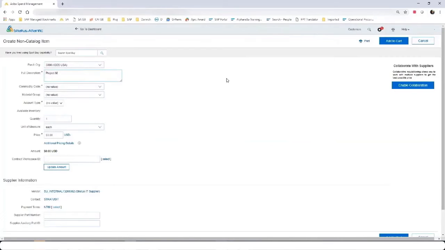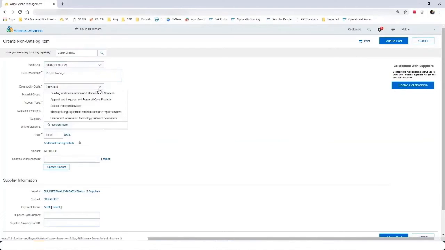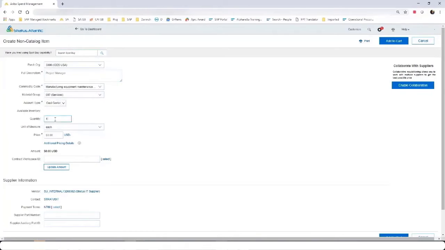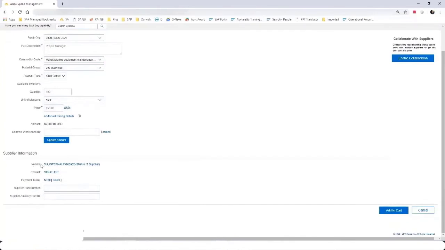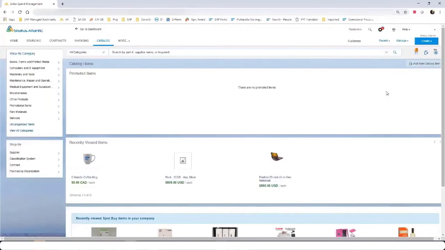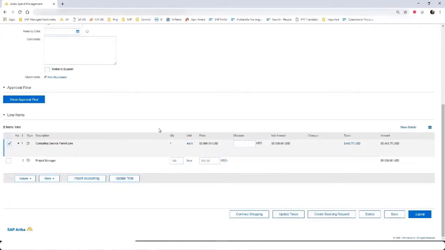So let's just say Project Manager. We'll go ahead and pick, let's say it's 100 hours at $50 an hour. Notice the vendor information is automatically defaulted because all children lines have to be for that same vendor, so you cannot change the vendor. So again, if I go back to the requisition line view,